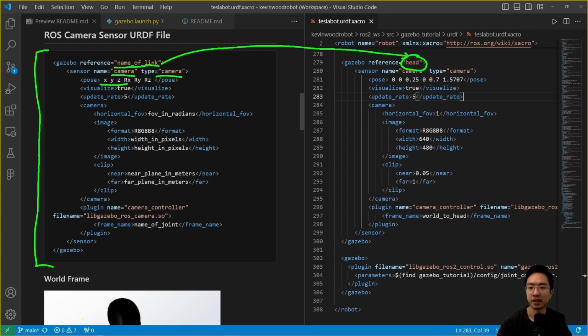And then we have a pose, XYZ, RX, RY, RZ. So we'll explain how we get this value here. And then visualize, we set to true. Update rate is some rate that you want. And then here we have the field of view in radians. So here we're using 1. And then we have the format